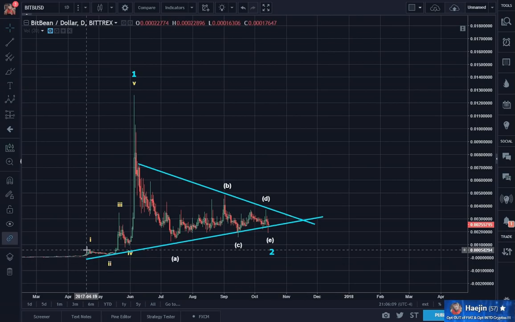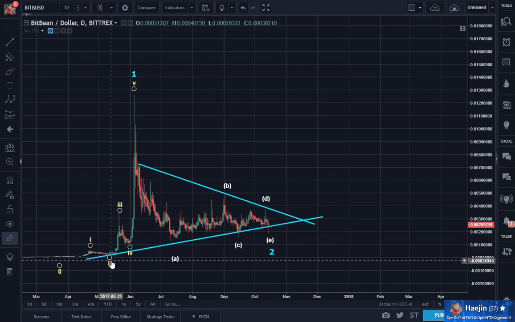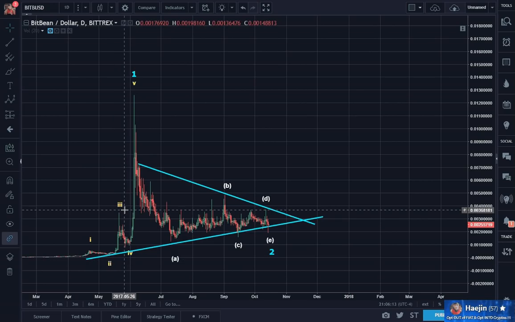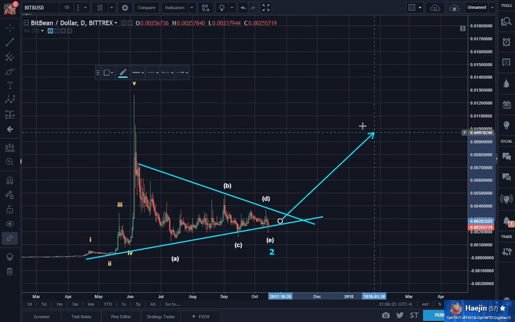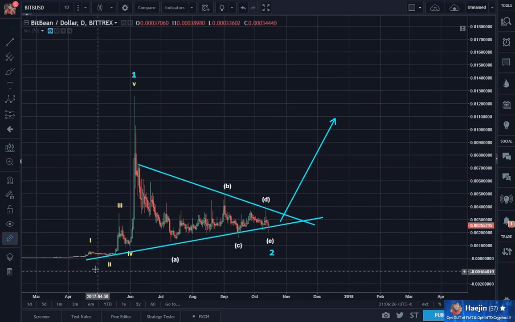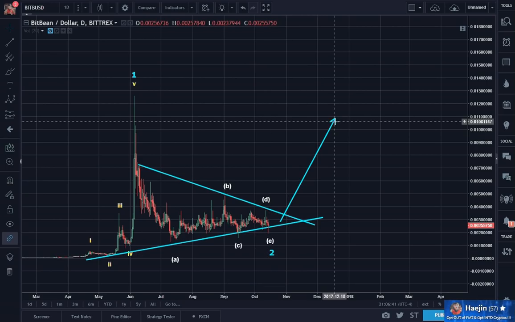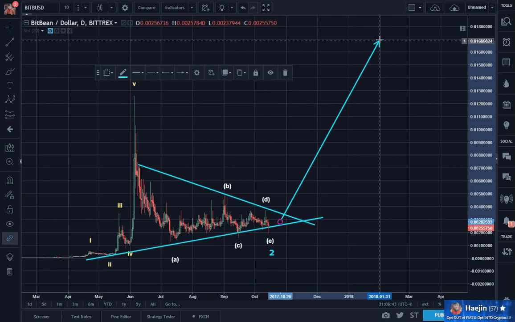Now here, wave 1, wave 2. What came after wave 2? Wave 3. So here's wave 1, wave 2. Wave 3 has to come. And was wave 2 shorter than wave 1? No. Was wave 3 shorter than wave 1? No, it has to be higher. Here's wave 1, blue, wave 2, blue. Wave 3 has to be higher.